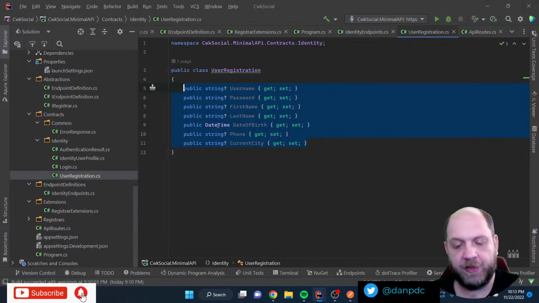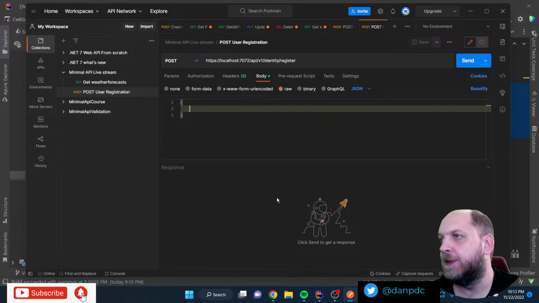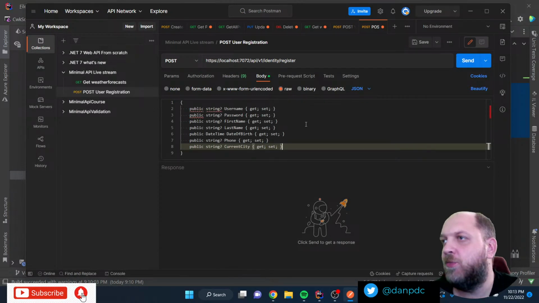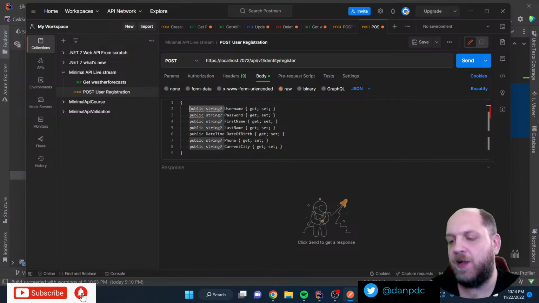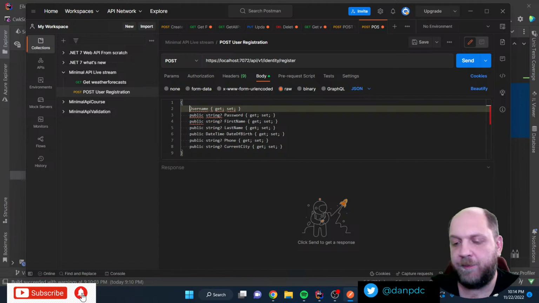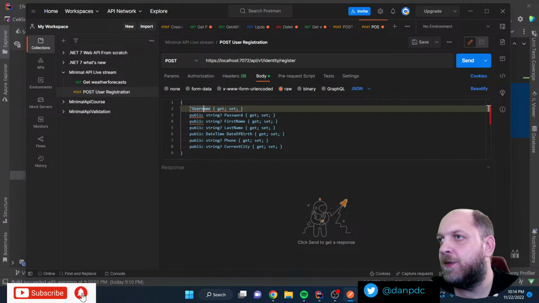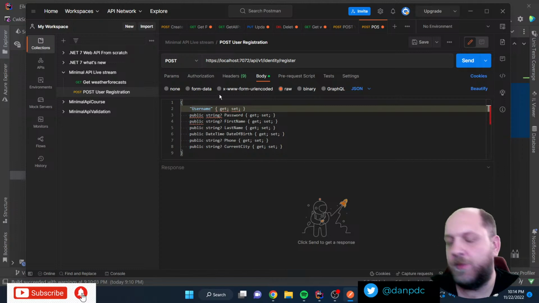Let me go back to Rider and copy this in the meantime. And yeah, we'll have some reformatting to do. But the good thing about Postman is then I can save that. I never have to care about this anymore. So we'll have here like this. And then I'll probably also username. Then we'll have to provide a value for that.